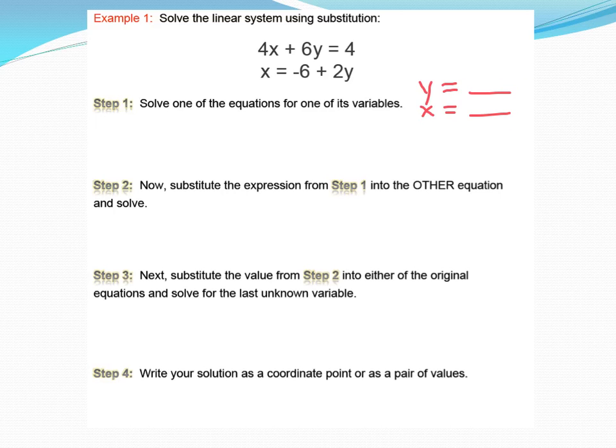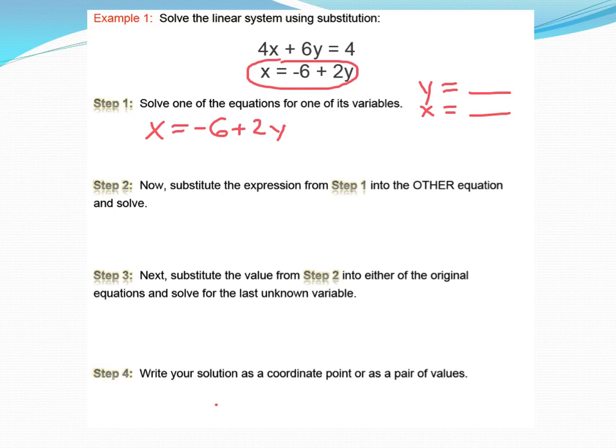Now, if you look closely at this problem, I see my second equation, x equals. So, step 1 is already done and taken care of for us. We have x equals -6 plus 2y. So I've now taken one of my equations and solved for one of the variables. Already done for me. Okay, step 2 then is to take this first equation, x equals, and it says now